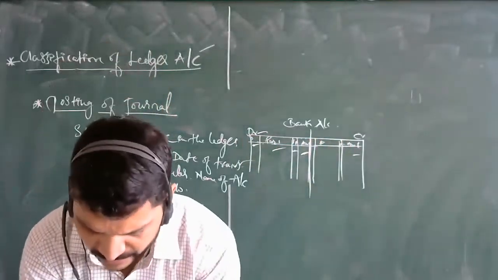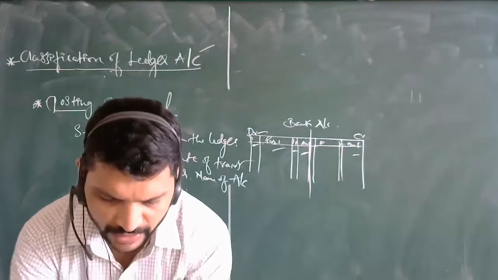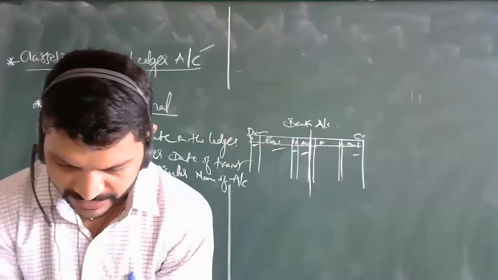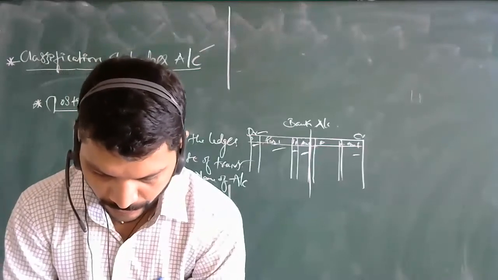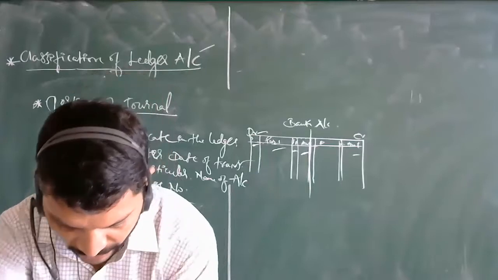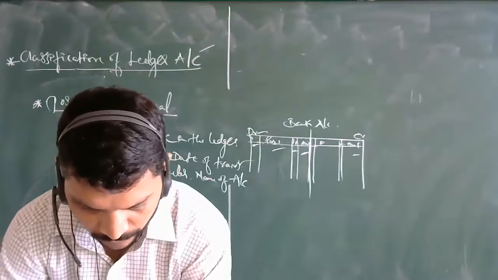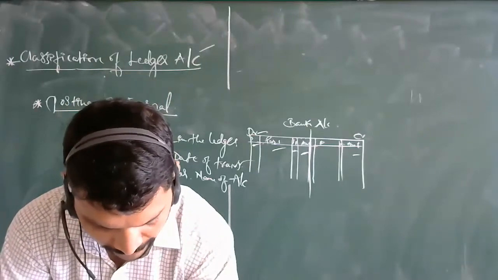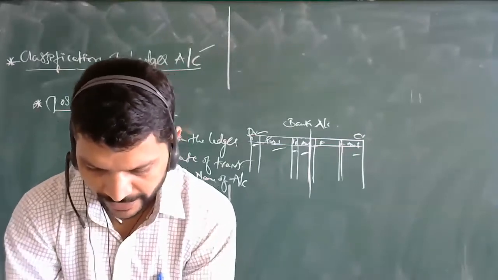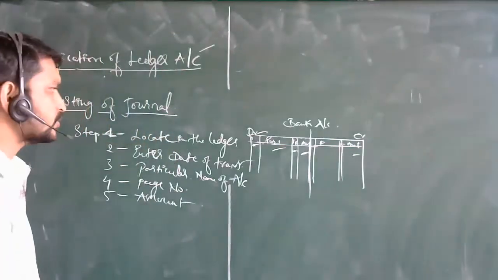Now the next step is the previous problem which was solved, on page number 46, 47. The same account we are going to discuss over here. Rohit started business. Here the entry is: Rohit started business with capital of rupees 5 lakhs. The same entry, how we can pass over here.